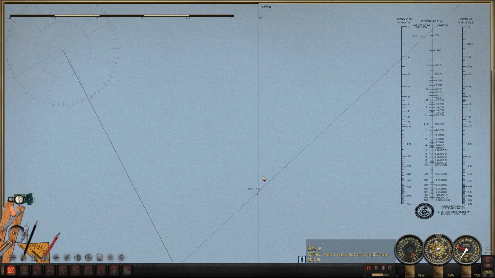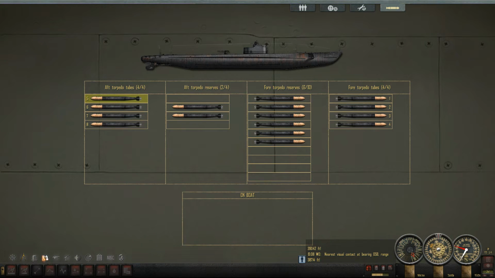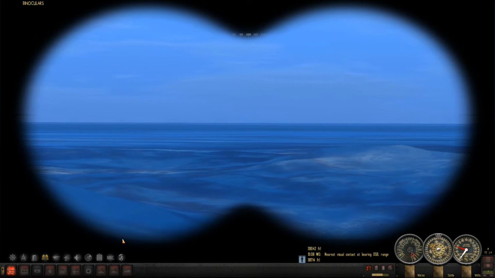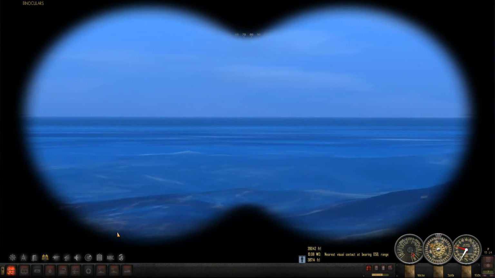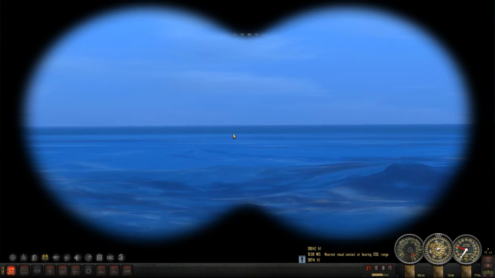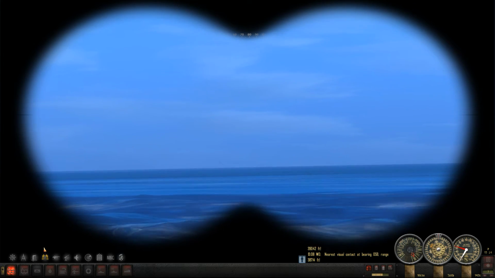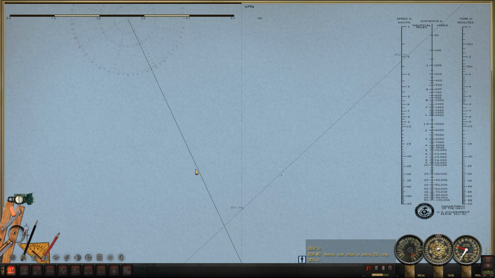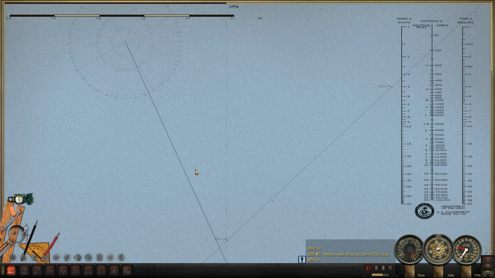I'm going to attempt to get in a firing position here. I will use the bow torpedo tubes again. Let's see, do we see them now? Can I see them now, I guess I should say? My crew, oh, yep, there he is. I see the mast and the smoke just over the horizon there. And he looks pretty big. I know I say that about a lot of these ships. They all look pretty big, but...